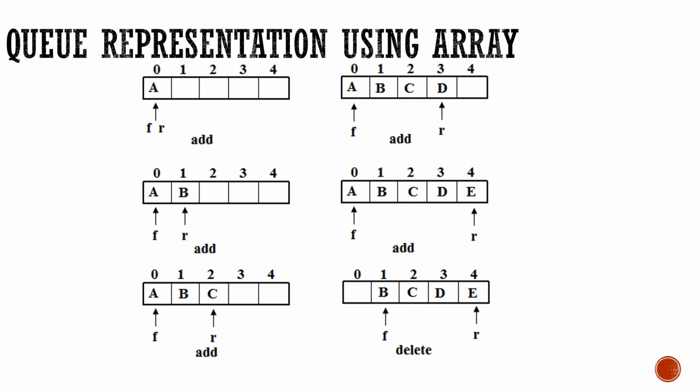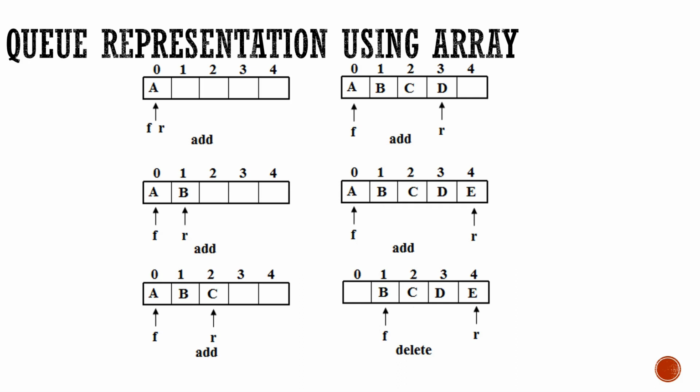Next, when I put the next element, rear is pointing to 1, whereas the front is at 0. When I insert the next element, rear is pointing at 2 and the front is at 0. When I insert D, the rear is pointing at 3 and the front is at 0. When I insert the element E, now the rear is at 4 and the front is at 0. Then when I delete the first element, front will be incremented to 1. They are not shifted. So shifting won't happen in linear arrays.